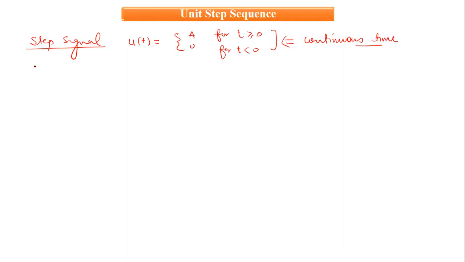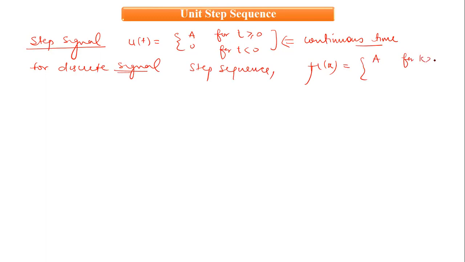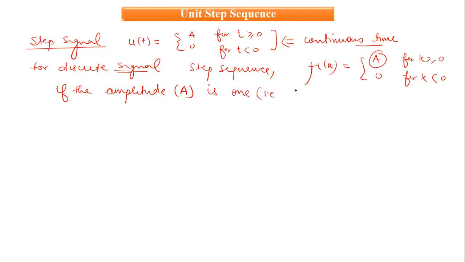In the discrete case, or for a discrete signal, we have the step sequence. So the step sequence is given by mu k, which is equal to, let us say, a for k greater than or equal to 0 and 0 for k less than 0, right? Now this a is nothing but the amplitude of the given step sequence, right, and if it is 1, that is unity,